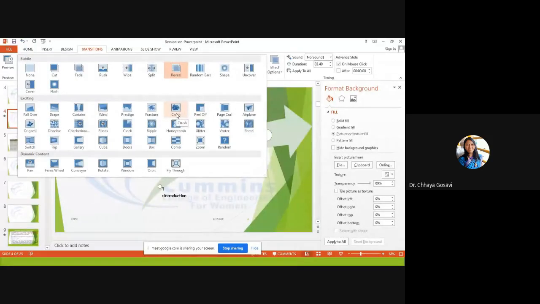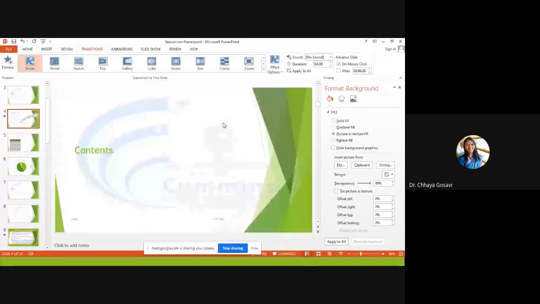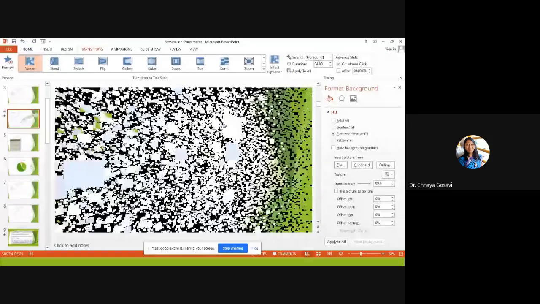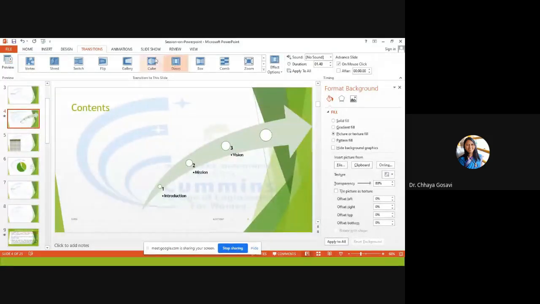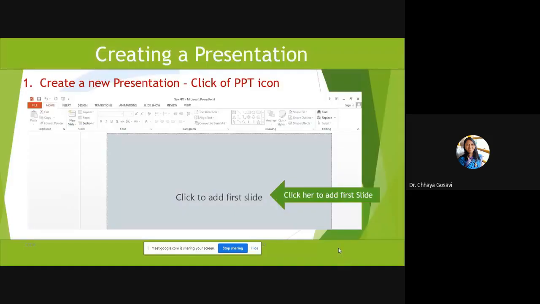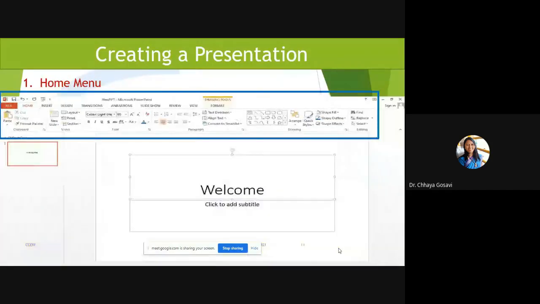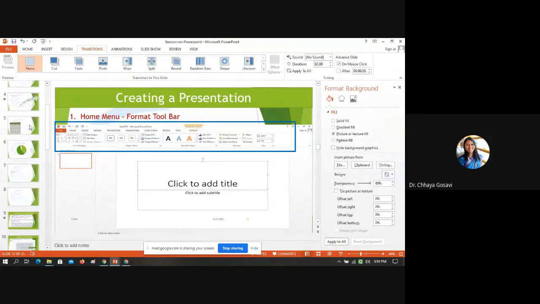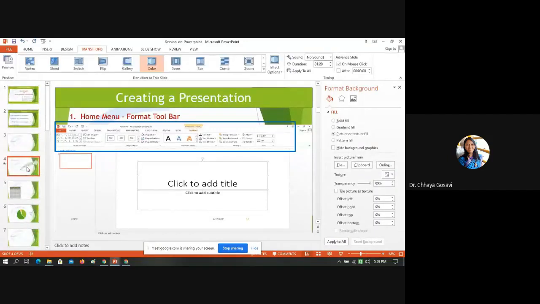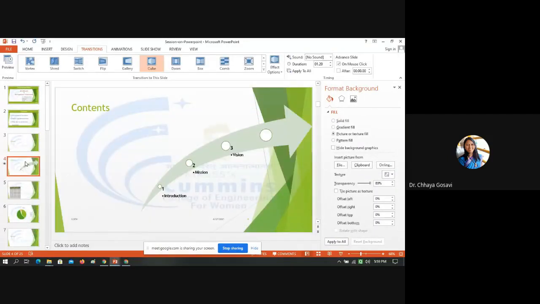These are slide transitions going from one slide to another. Vortex is very famous. So this is how you can move from one slide to another. Another one is cube. Sorry, this is door, cube. So from one slide, you can go to the other slide. If you choose cube and say apply to all, and I'll just do slideshow, you can see this is how the slide moves to the other slide. So the slide transition is done for this cube.